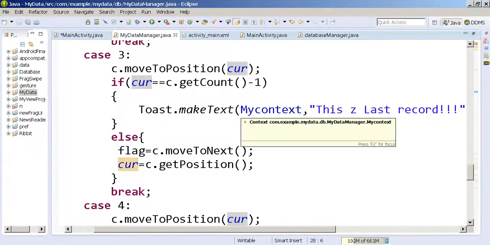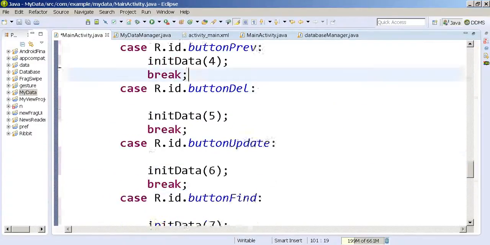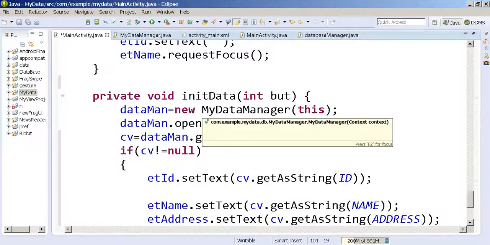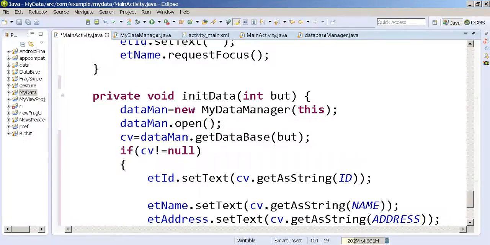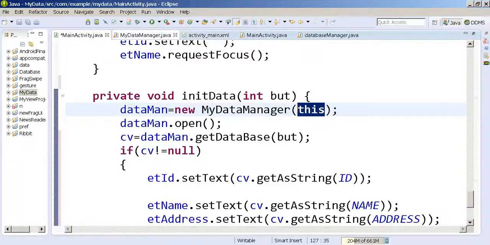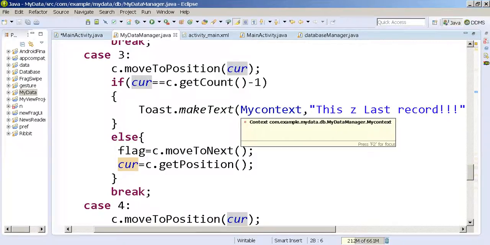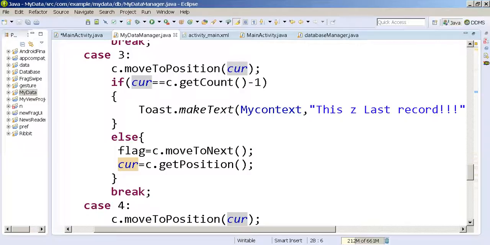And the context here is myContext. We already know that when we created the database, in this initData, I created the object of the MyDataManager, and there I passed the main activity. So that activity is in myContext, because of the constructor and all we did in the first video. And so we say Toast.makeText(myContext...), and now in the else part, what I'm doing is,